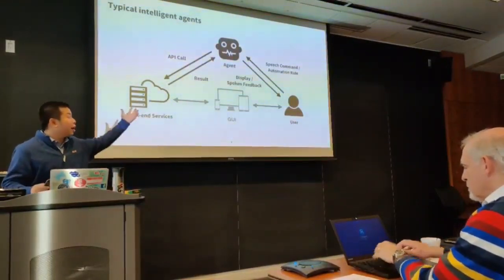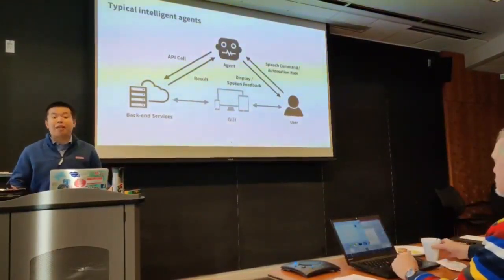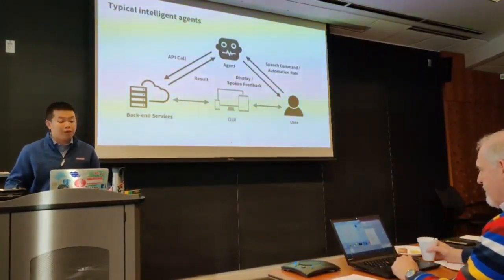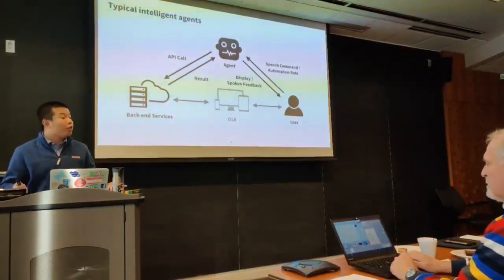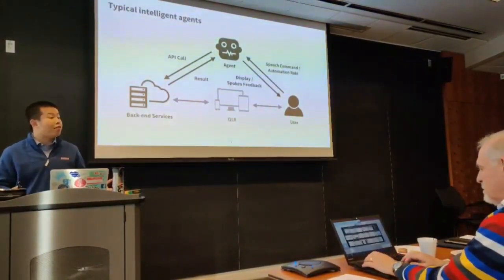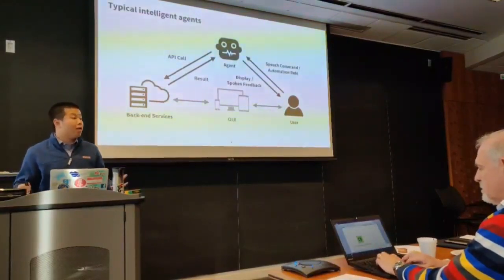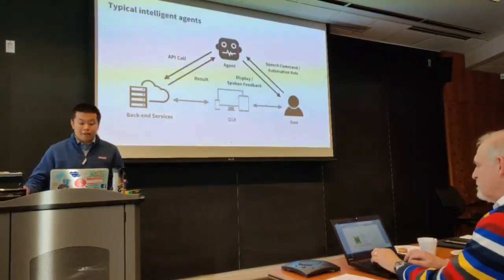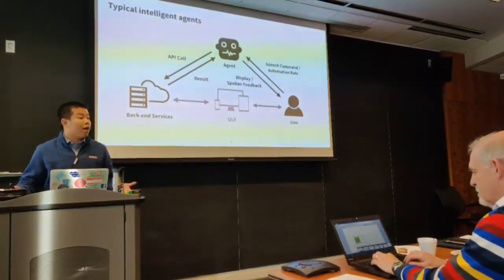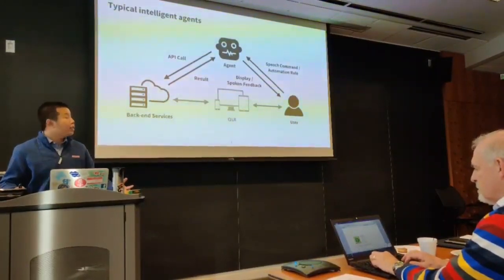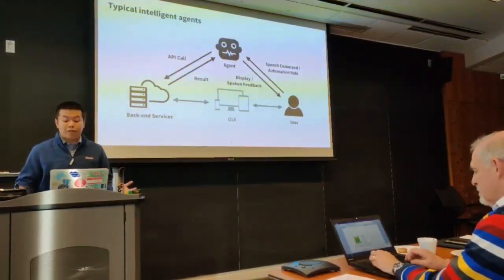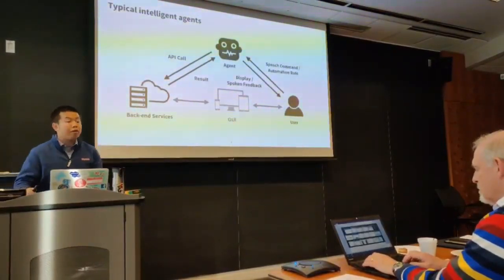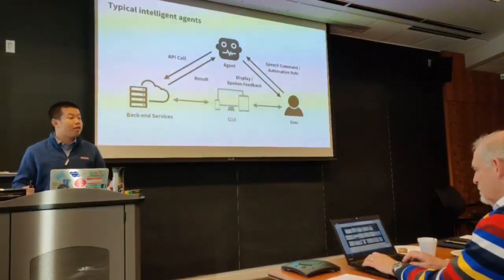And as we can see in this diagram, most current agents, like Siri, Google Assistant, or Alexa, replace the role of the traditional GUI in situations where operating GUIs is not convenient for users, like when the user is away from the phone, or when the user is occupied by other activities, such as driving, or when the task procedure is repetitive. The agents receive speech commands or automation rules from users. They send out API calls directly to the backend services